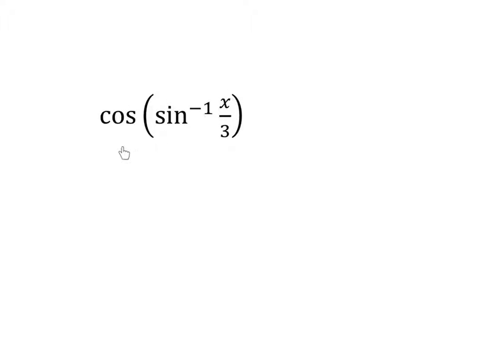Hi guys, I would like to explain how I would simplify this expression. Before I do that, I always try to emphasize that for the cosine function, you should think of the input as an angle and the output as a real value. Similarly, for any inverse trig function, the input should be a real value, and the output of an inverse cosine, an inverse trig function, should be an angle. With this in mind,